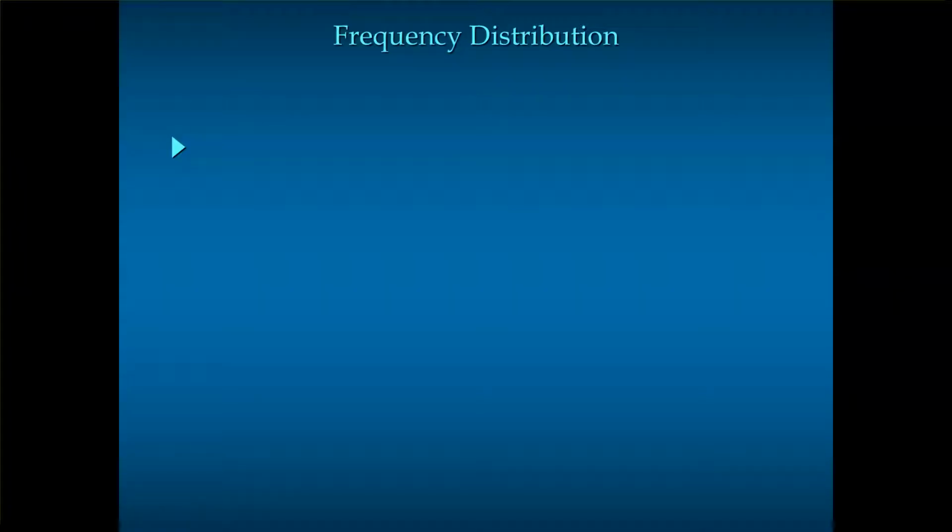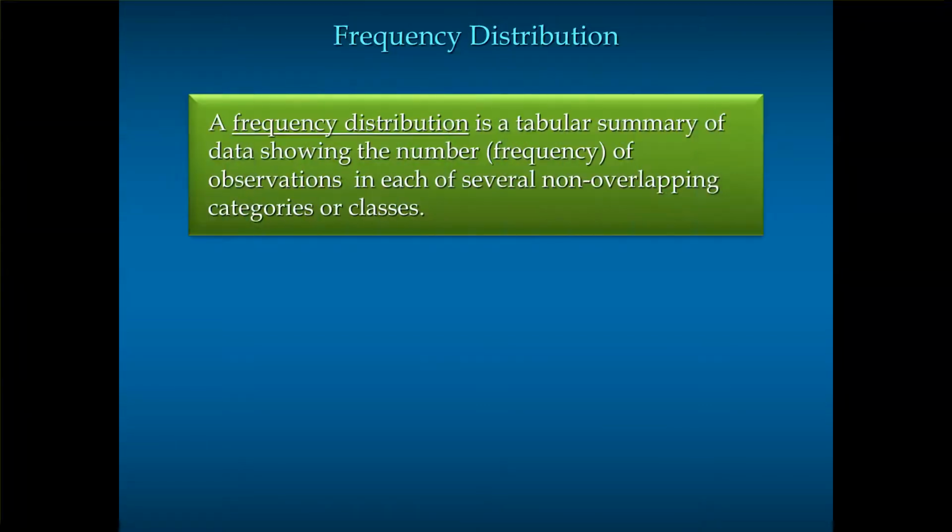So the first method, the graphical display or tableau we will learn to describe categorical data, is called frequency distribution. And you've already learned this frequency distribution in your previous math class. So let me remind you the definition of frequency distribution. A frequency distribution is a tabular summary of data showing the number or frequency of observations in each of several